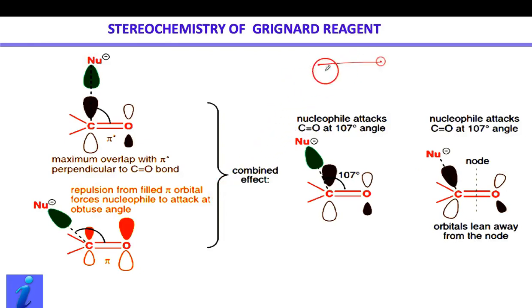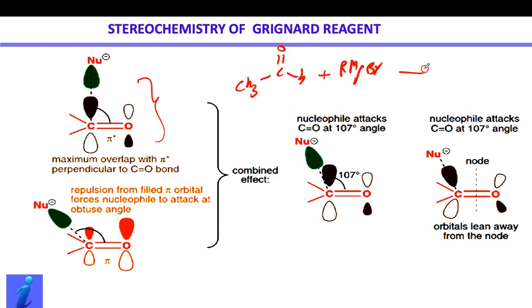Stereochemistry of Grignard. See, carbonyl compounds have a trigonal planar structure. The nucleophile can attack from above or below the plane. That means enantiomers will form. For example, let us take an example of ethanal. And as I have explained, in this structure, ethanal is trigonal planar, and I have treated this with RMgBr. Now this R, this nucleophile, can attack above or below the plane. So if the nucleophile attacks above or below the plane, I can get two possibilities of formation of this product